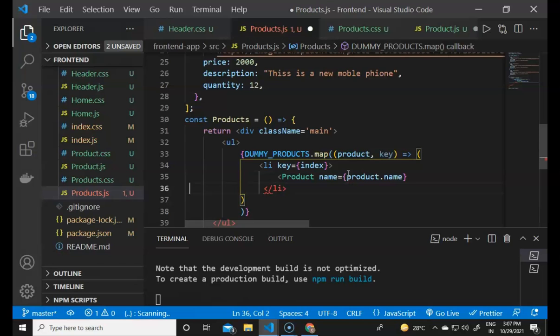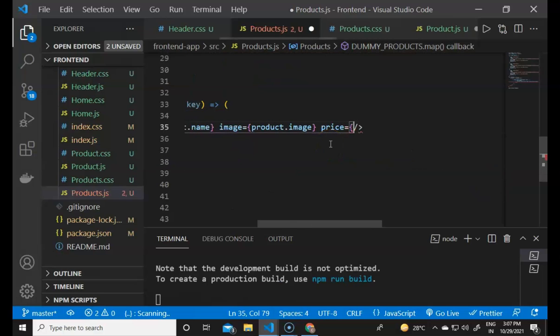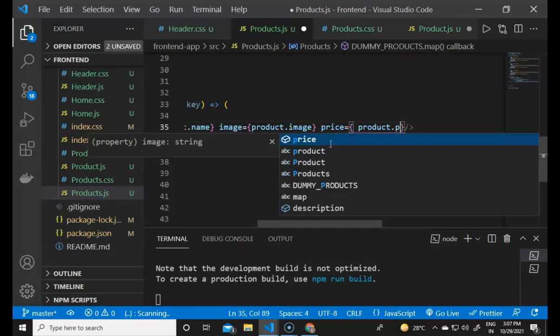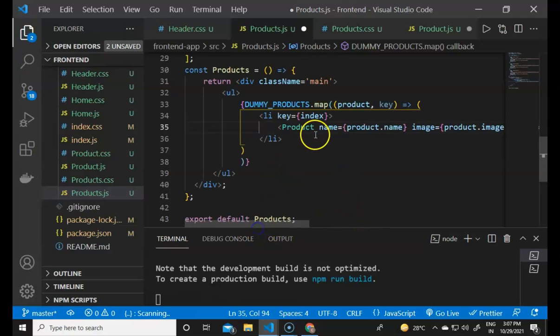Then after the name it will contain the image, and the price will contain product.price, and we have to provide an ID also, and it will contain the ID first. Then if we provide a sample ID with the key also, we can provide ID as the key with that.